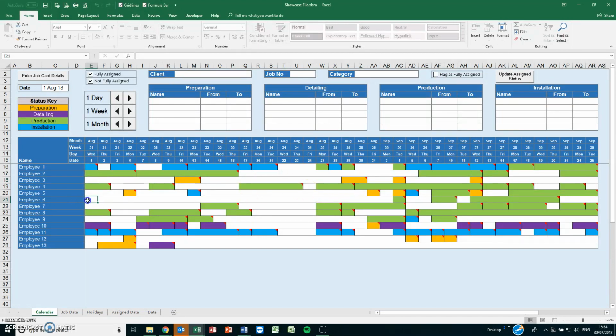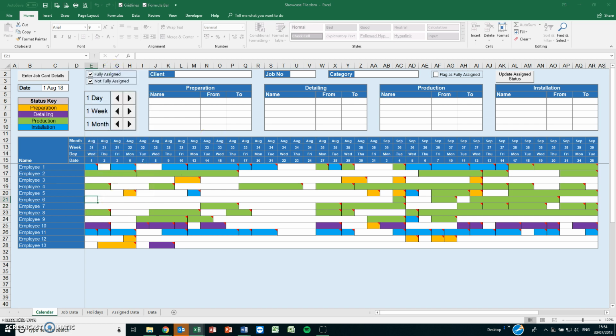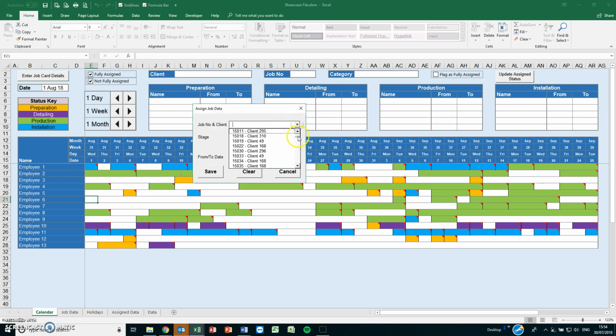Now we can see here that we've got various days for the different employees where they're not actually assigned to a job. Now what we can do here is, if we want to assign this person to the job, we right click here, click on the assigned job data, and from another user form we can select that job number. We can select the stage, so we'll select the first one, preparation,